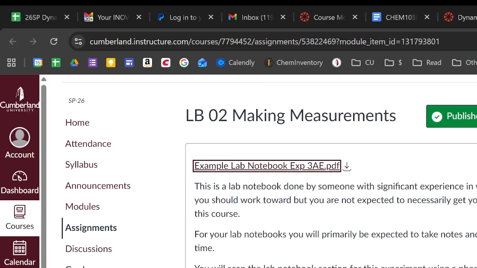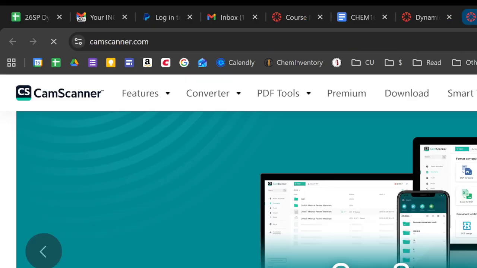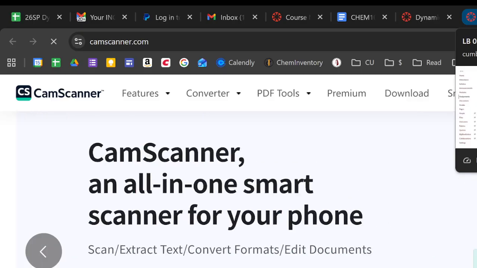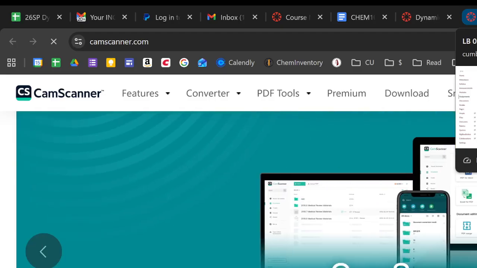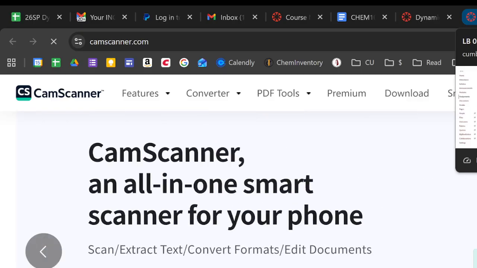And so what you're going to do is you're going to make a lab notebook. It does, again, not need to look as good as that and have that much information. Typically, lab notebooks in here are like 1 or 2 pages. Okay. And you're going to then take that lab notebook. You'll get Cam Scanner. I hard require Cam Scanner. You have to use Cam Scanner. I am tired of people using that stupid freaking app in Apple that does the scans and does a miserable job of it. Okay? It is crap.